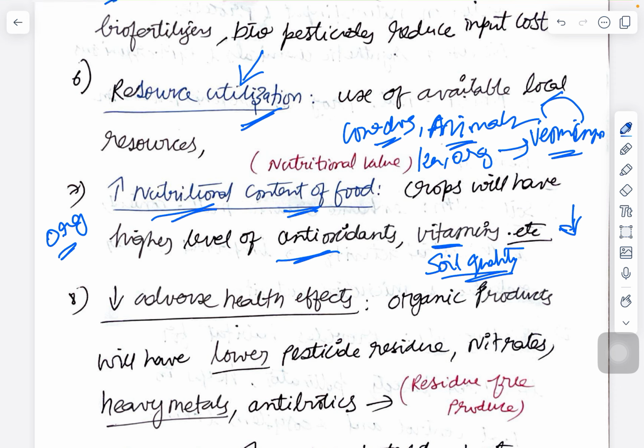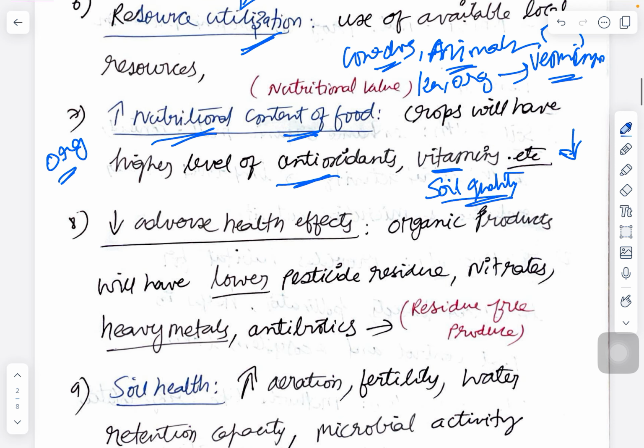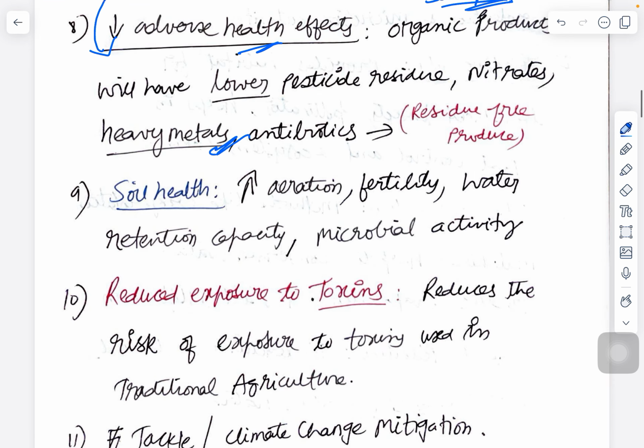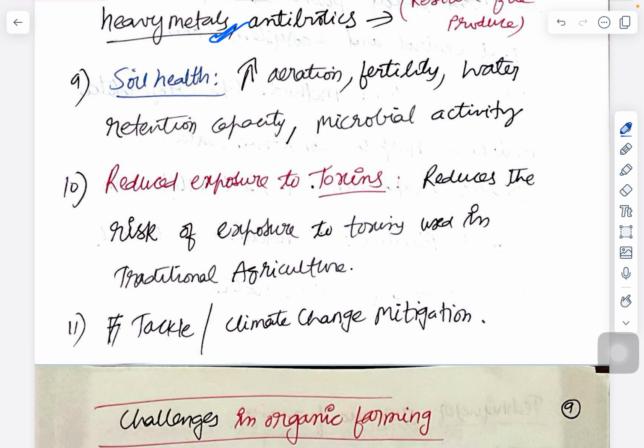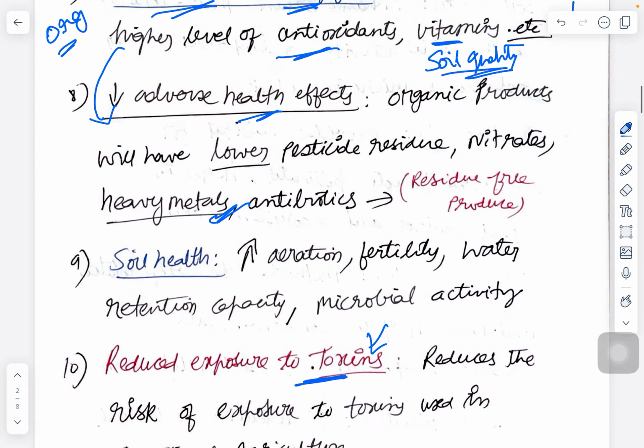So the nutritional content of the food is expected to increase when no chemicals are used. And that again we can also link to adverse health effects, because they will have lower pesticide residue, nitrates, heavy metals, and so on. Yeah, so then there is also, in traditional agriculture, toxins are used very much. In organic agriculture, the toxins are not used. So we can also link it to climate change mitigation. So these are some of the benefits of